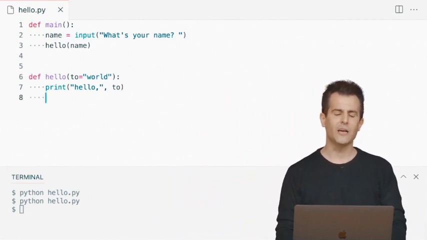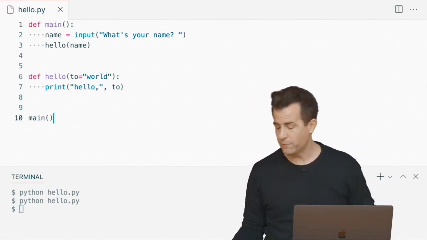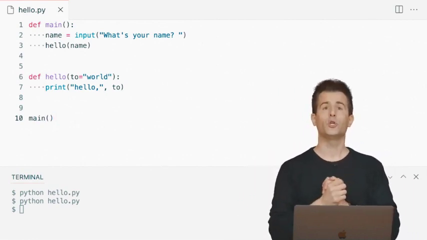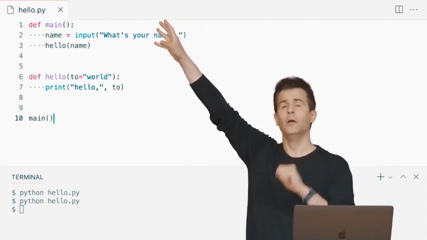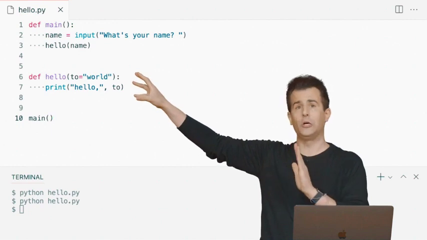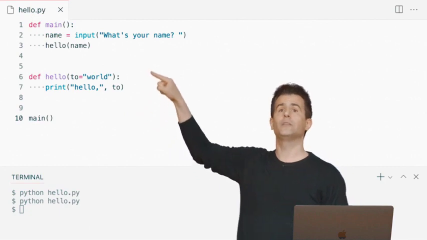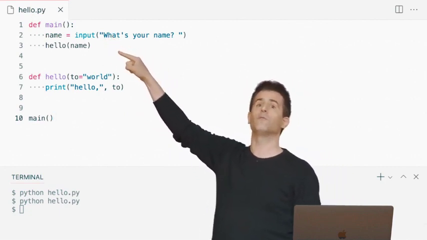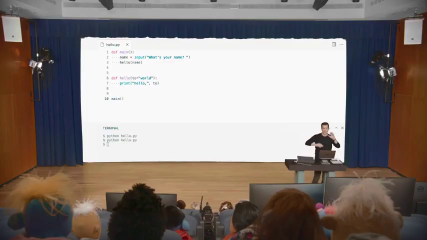So in order to tidy this up, the last thing I need to do in this file, it seems, is actually call my main function. And in fact, by calling my main function in this way, it gets me out of trouble because now I'm defining main first, but I'm not calling hello yet. I'm defining hello next, but I'm not calling hello next. I only, at the very end of this file, call main, which has the effect of running this code up here, which has the effect of running this code down here, and it allows me, therefore, to organize my file and order my functions in any way I want, including main at the very top, and solving, ultimately, that problem of Python not knowing what's going on.